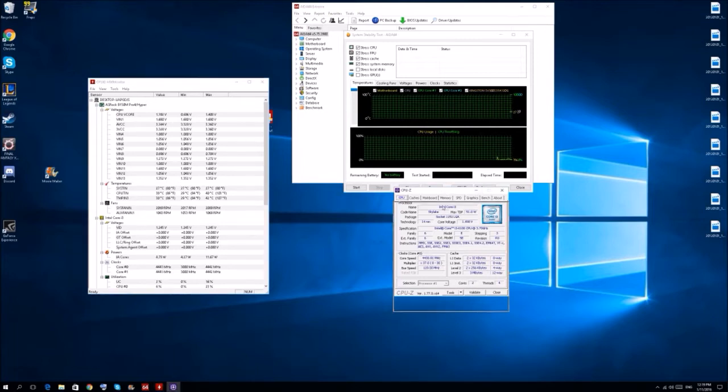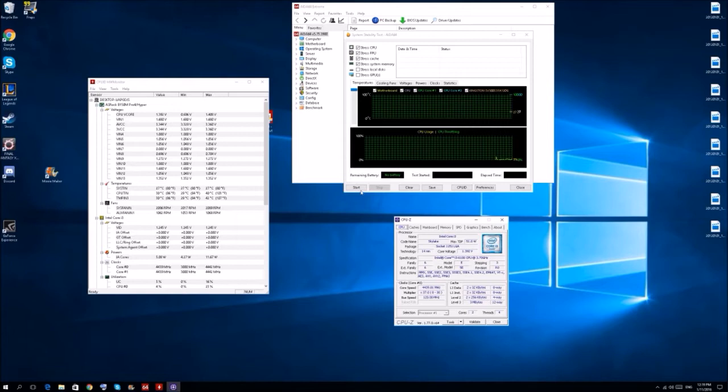So basically what you want to do is start this and run it for, I'd say, 30 minutes to an hour. You can run it longer, but that's generally as long as you want to do it, and you'll start to see your temperatures rise here. This blue color here, that'll be your CPU package. That is what we want to make sure is not going to go too high. So we start it here,